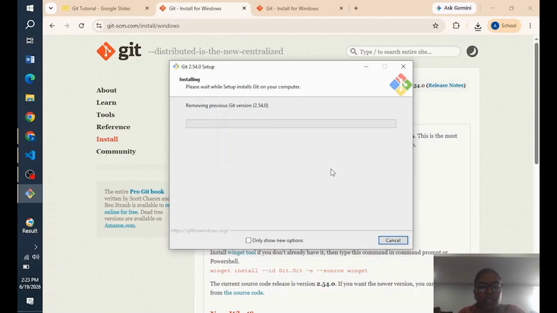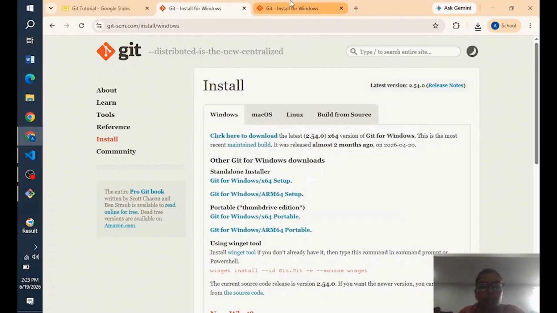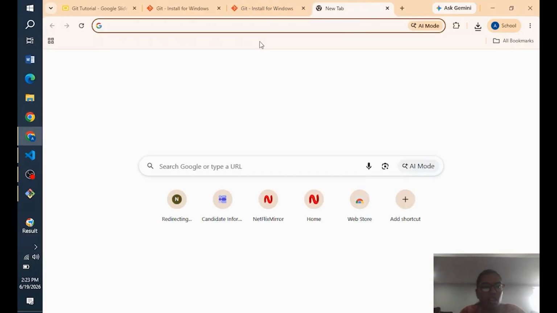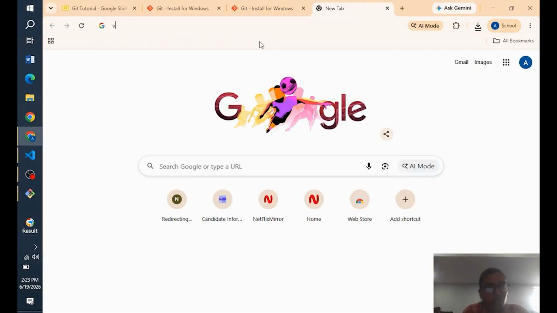Okay, it is installing Git on the system. Meanwhile, you can download VS Code also, on which we'll use Git.